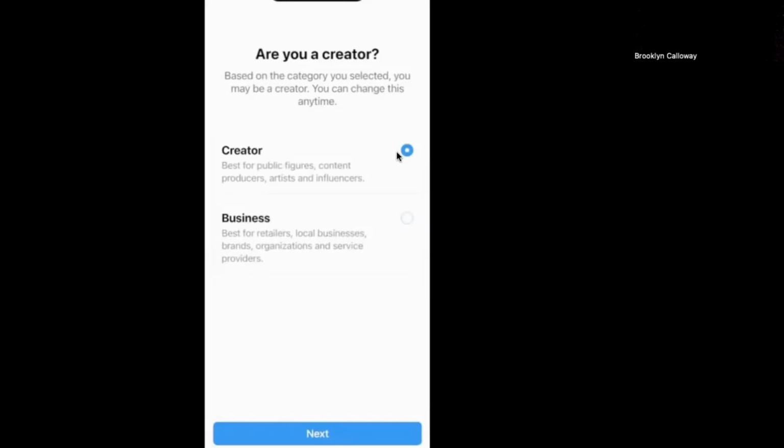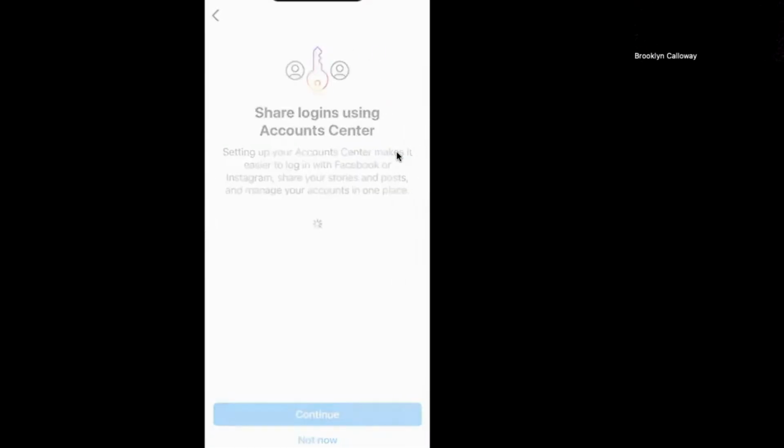Business Instagram accounts allow you to import a catalog. And so if you put a product on your posts, then you can literally tag that product in your posts and it will link back to a catalog. So you just want to think about that, but you can convert to either one 10 times a day. I can switch over to a business account or switch back to a creator account. It doesn't really matter. So I'm just going to say creator, continue,